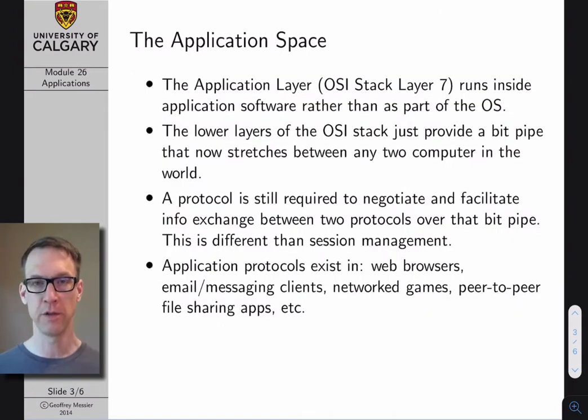Now, the first important thing to note about the application space is that it resides in a different area on your network device. TCP/IP are integrated into the operating system of your device. The data link layer is sometimes part of the operating system, sometimes part of the lower level driver software that exists on your operating system. The physical layer typically is embedded software or firmware inside some sort of specialty network interface